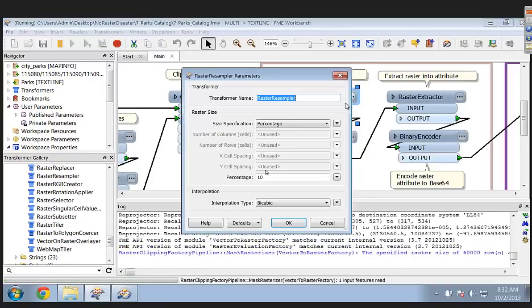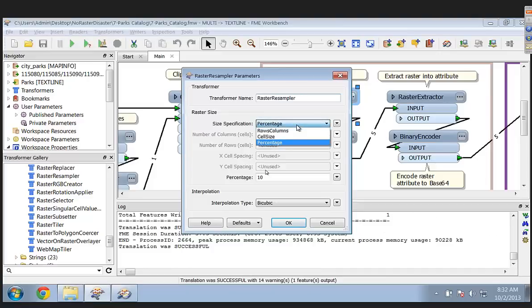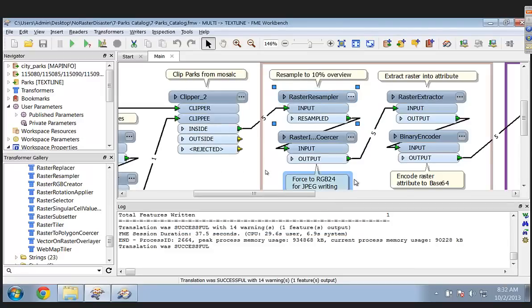So that's actually something we never talked about, but when we're resampling, we have a few different options. You can say I want 4 meter pixels, or I want 100 by 100, or just reduce it by some percentage if you want to maintain proportion. Exactly. We give you the choice on which one you need for your purposes. Okay. The next thing is